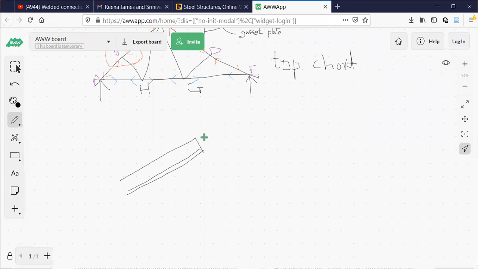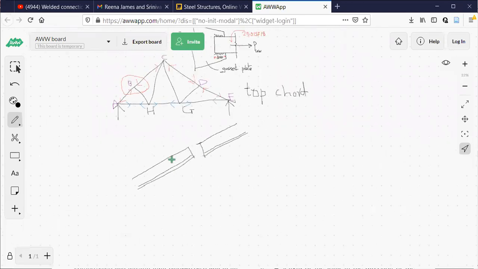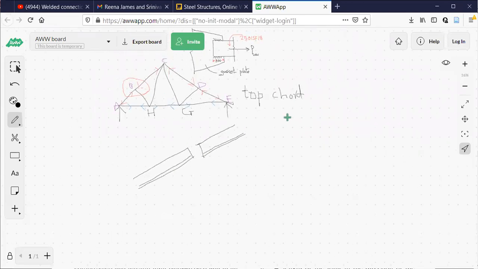Now I will come here. One more angle is connected this side. So this is member BC this side.